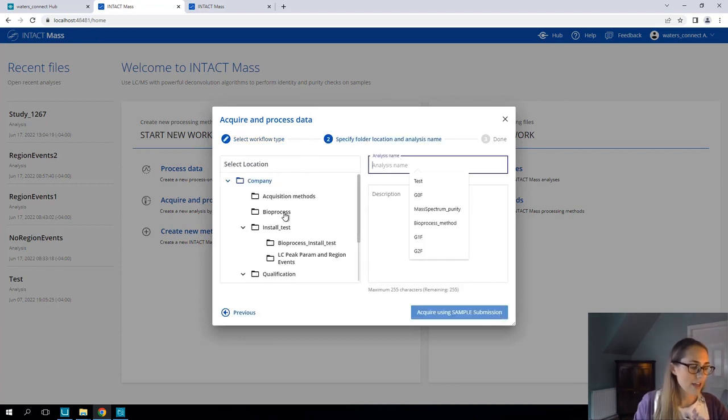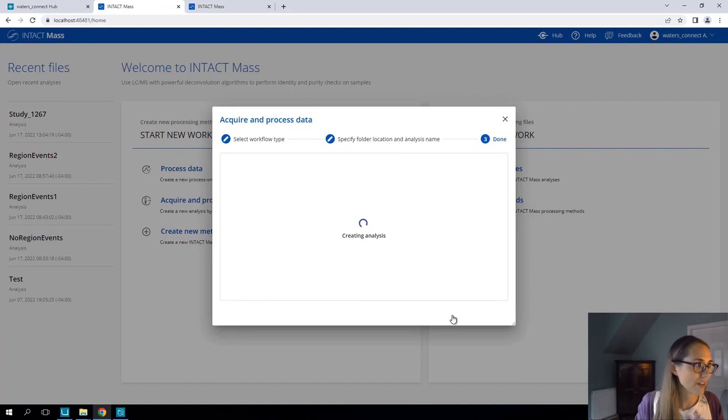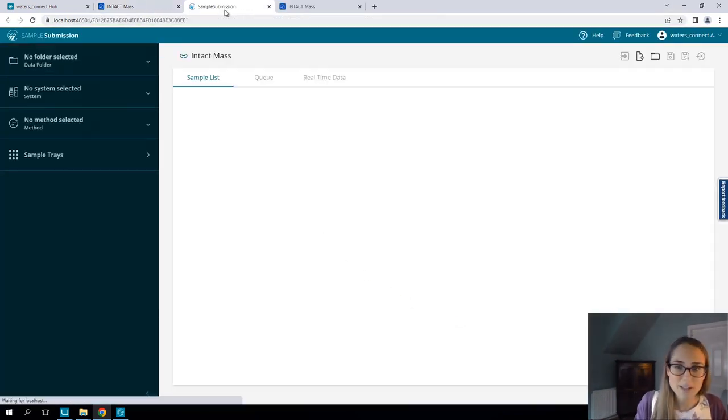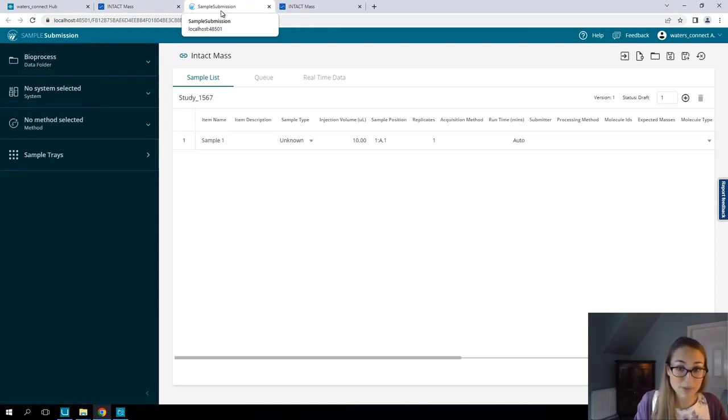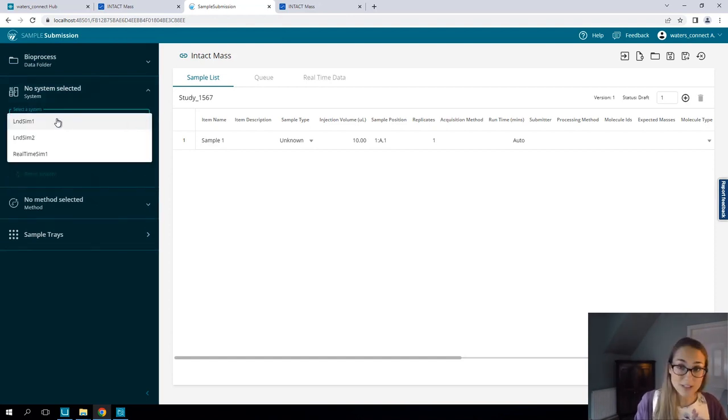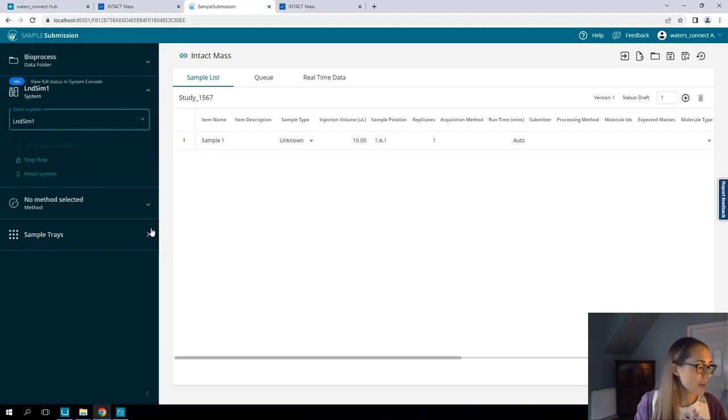They then just need to give their analysis a name that is sensible to them, and then click Acquire using Sample Submission. This then opens a new tab with the Sample Submission application, which is what we use to submit our sample list. So on the left-hand side, we need to select the BioRecord system that we are using, and we need to